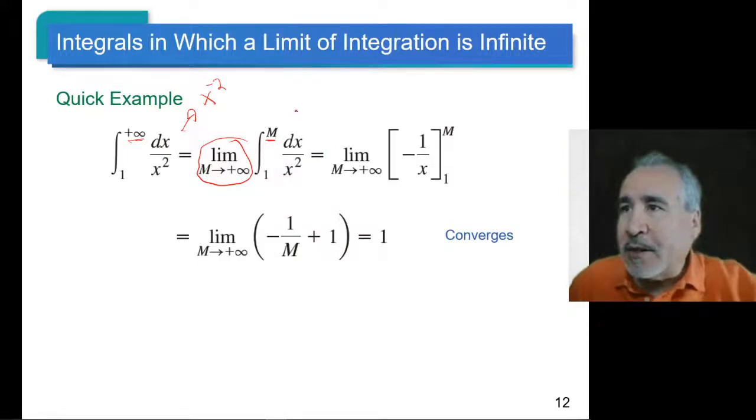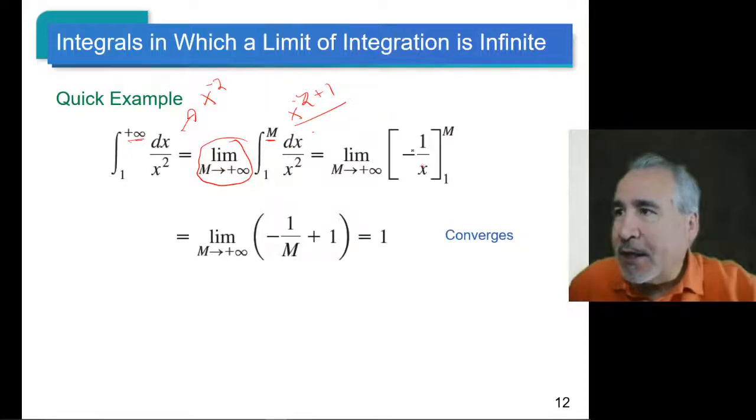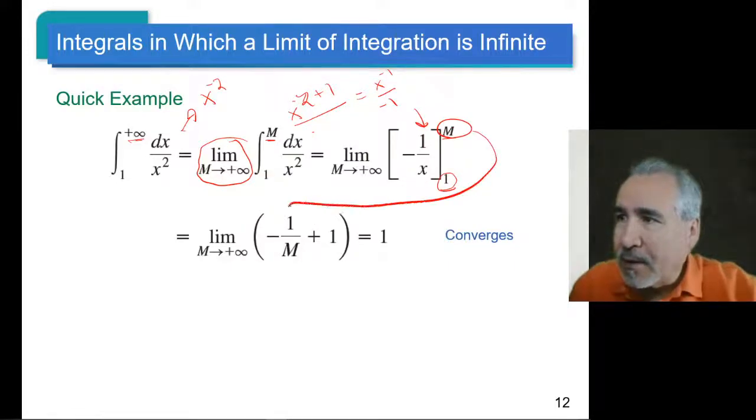And when we integrate this, again, thinking of it as x to the minus 2, remember we add 1 and then divide by the new exponent. So that's going to give us x to the minus 1 over minus 1, which they've rewritten as minus 1 over x. Okay, the limits of integration are from 1 to m, so they plug those in. So first they plug in m,